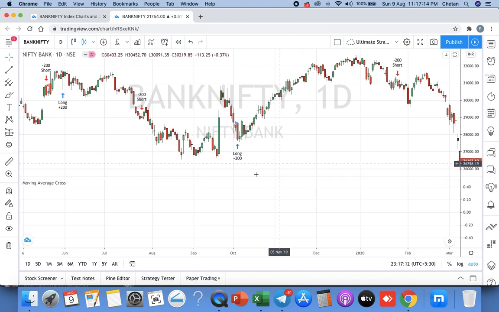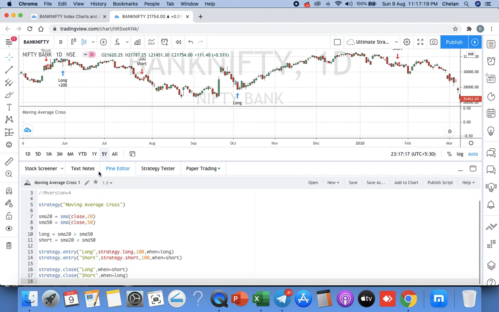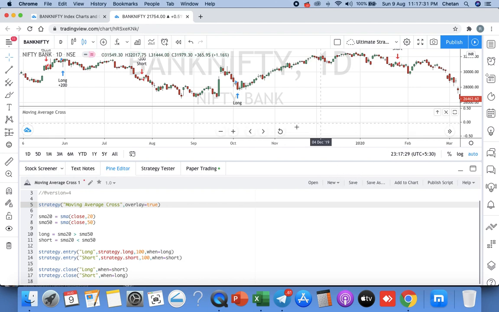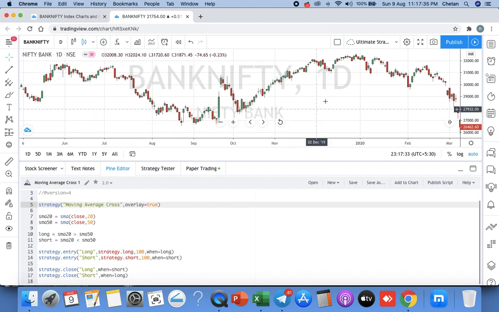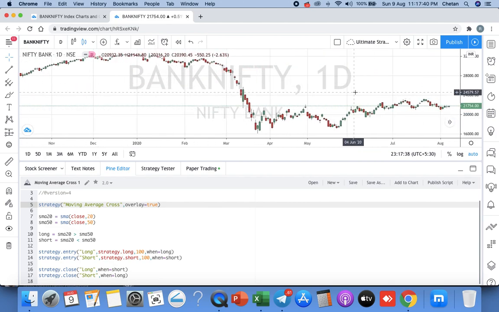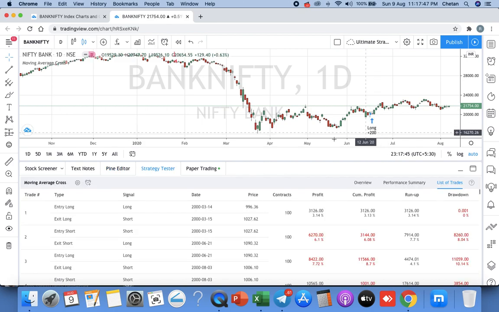Now you are seeing the crossover coming here. What we'll do here, we'll add one more thing here, comma, overlay. You want to put the overlay on this chart true. Otherwise it's coming in the downside actually. We don't want this to come here. We want it to be on the top only. I'll say this chart overlay equal to true, add to chart. Now once we add it to the chart, you can see here.